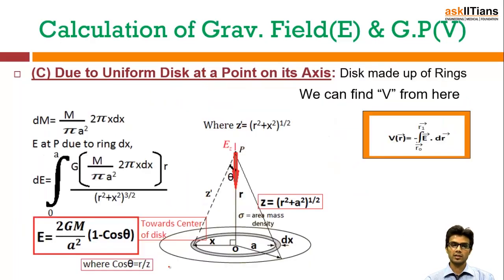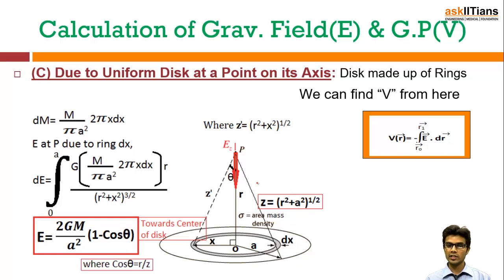third case, case C, due to a uniform disk at a point on its axis. Now we are considering a different case. This is a similar case to the ring, but now we are replacing the ring with a uniform disk. So we can find the gravitational field and gravitational potential due to a uniform disk at a point on its